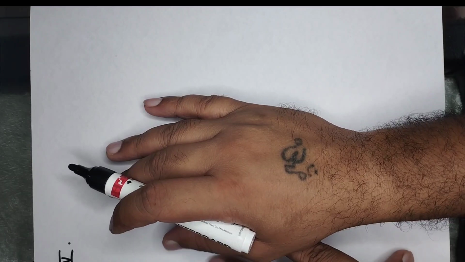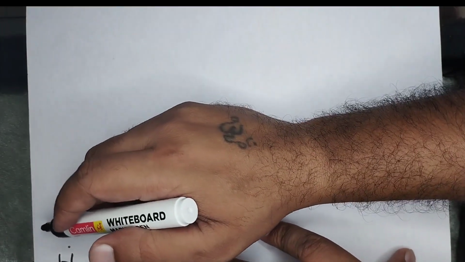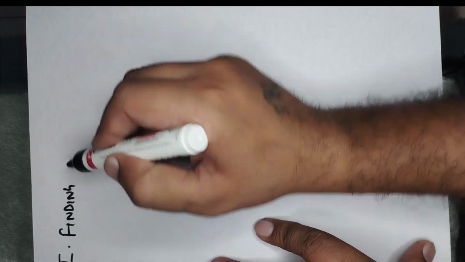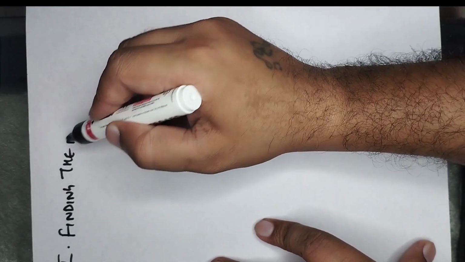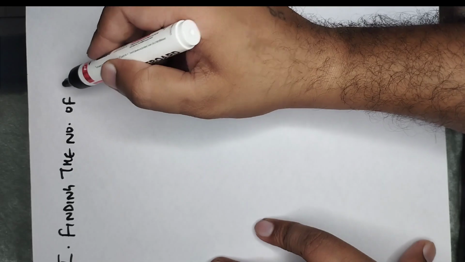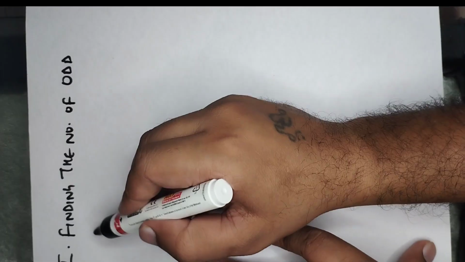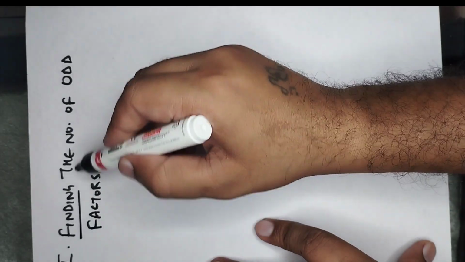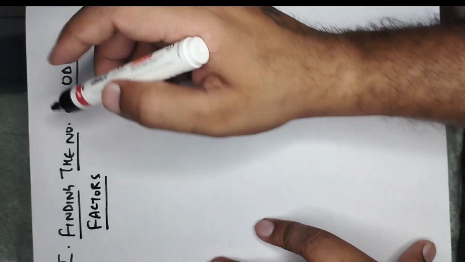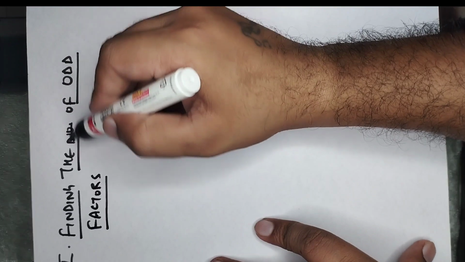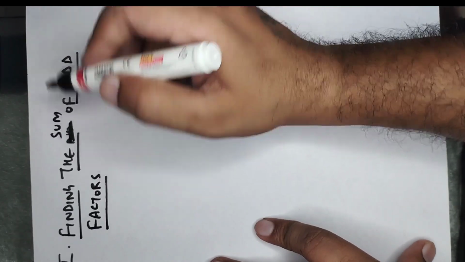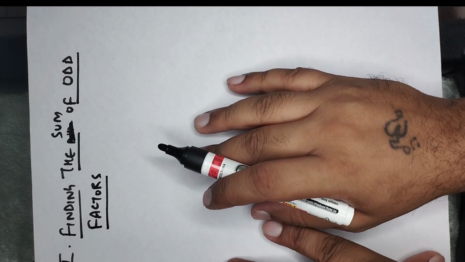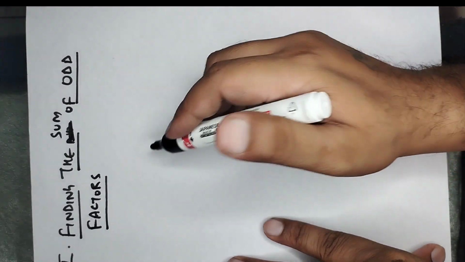Now the fifth heading in this is finding the number of odd factors. Finding the sum of odd factors. Now how do we do that? For finding the sum of odd factors,